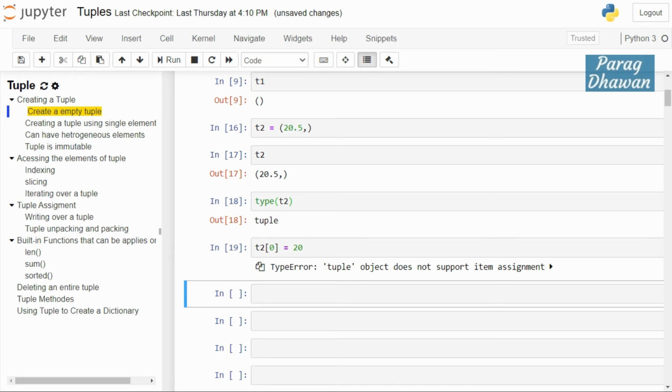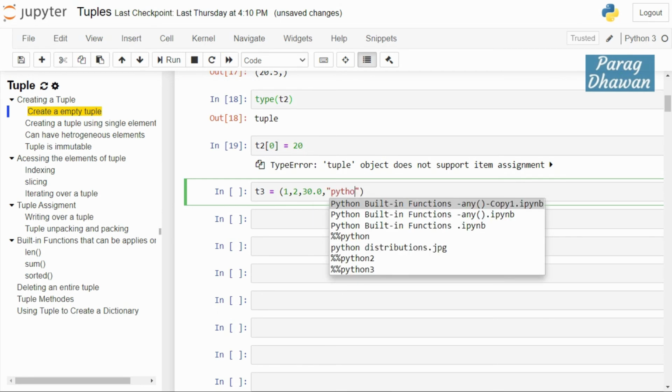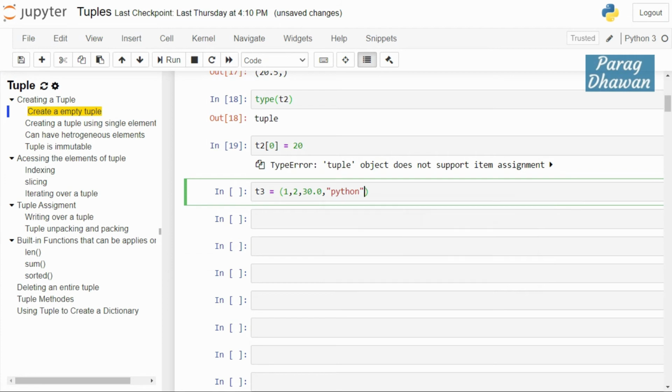Now in the next example we will see how to create a tuple with multiple elements which can be of any data type. So we are creating t3, which will be a tuple holding multiple elements. First syntax is, in front of it give opening and closing parenthesis and the elements 1, 2, 30.0, a string Python. It can contain a variable.